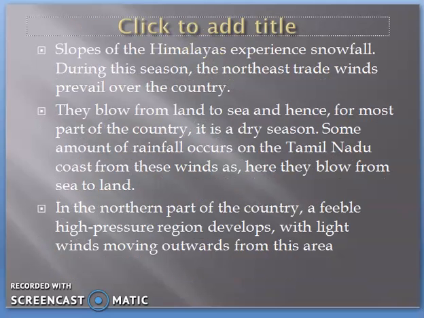The slopes of the Himalaya also experience snowfall during the winter season, and during this season the northeast trade winds prevail over the country. Basically, the Indian landmass during winter, due to the low temperature, has high pressure. So the wind moves from the land to the sea, because land is the area of high pressure and in winter the seas comparatively have low pressure. So the winds move from the land to the sea, and most of our country has a dry season. Some amount of rainfall occurs on the Tamil Nadu coast,